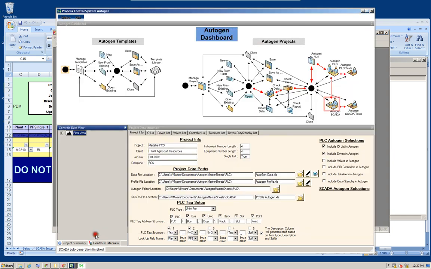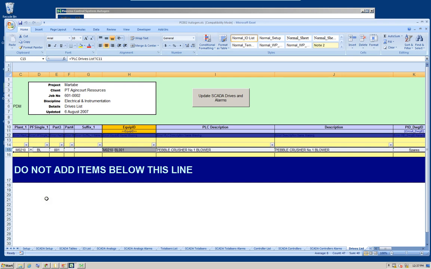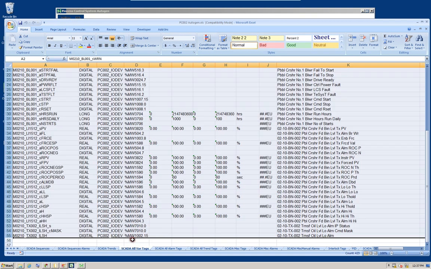The next step in the auto generation process is to import all the SCADA tags required to link SCADA data to the PLC data. So all the SCADA tags are auto-generated as well, and they are, in this particular case, auto-generated in 3 of the spreadsheets, and this is specific to Cytec DOL.